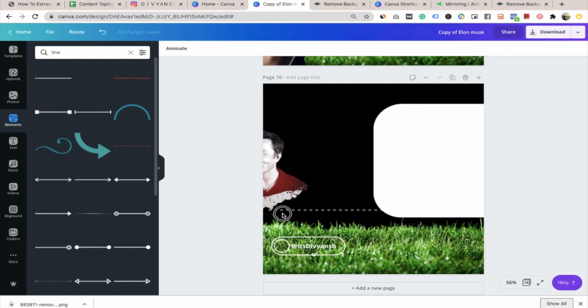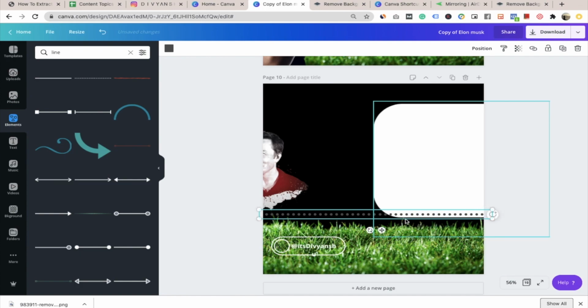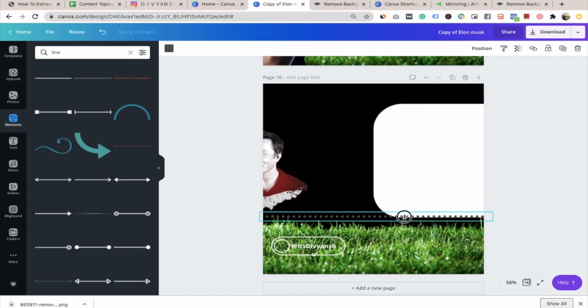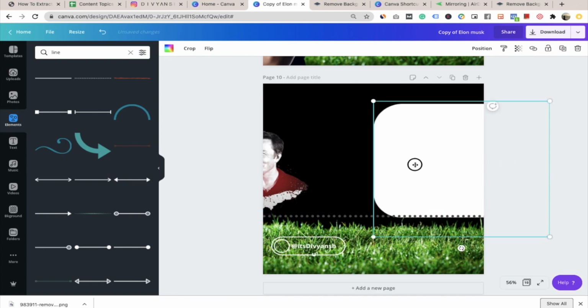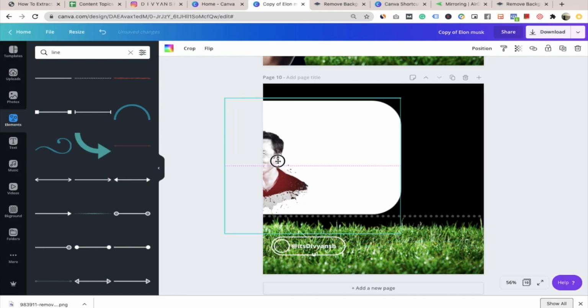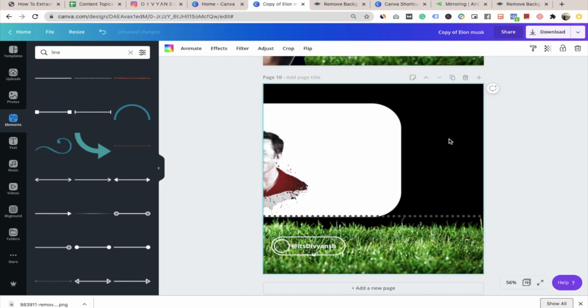So here you can see this is the image available. You can put it something like this, so that there is no change in the dimension. So let me keep it here probably. Now I can perfectly move it here and adjust it here. So now I am aware that I have done it in the right way.